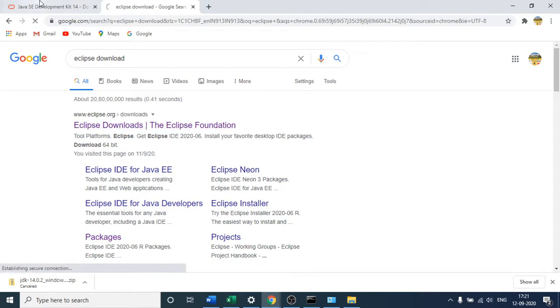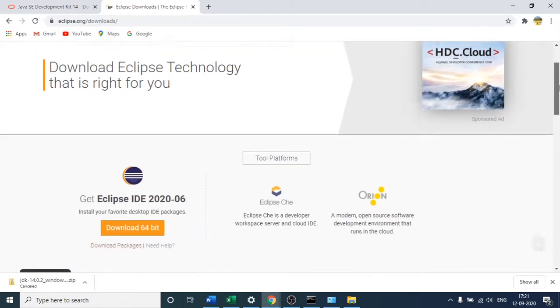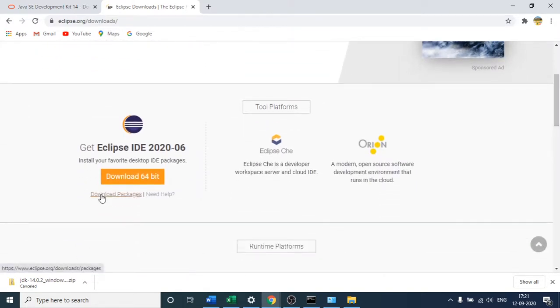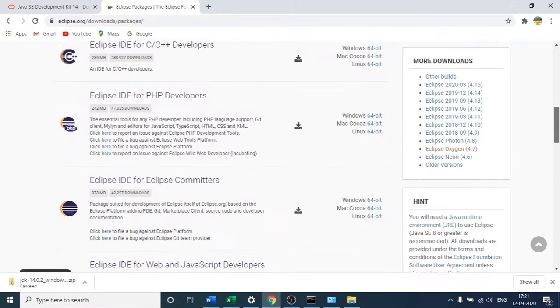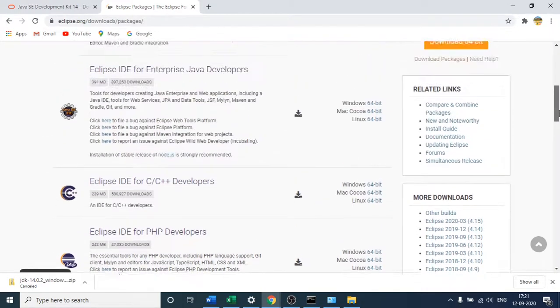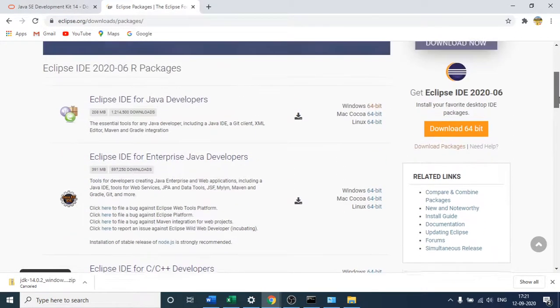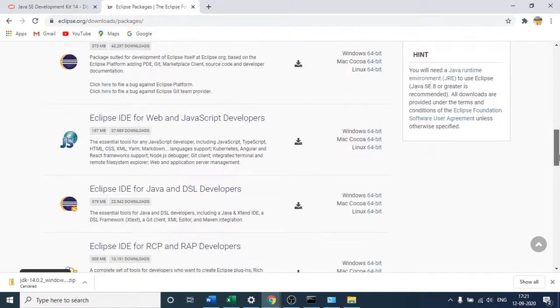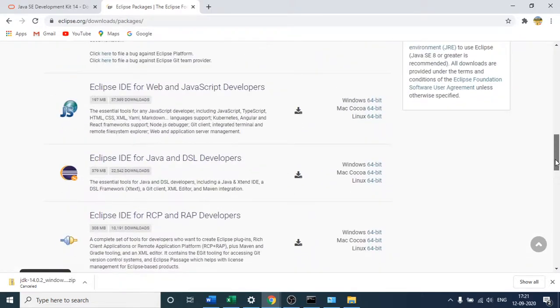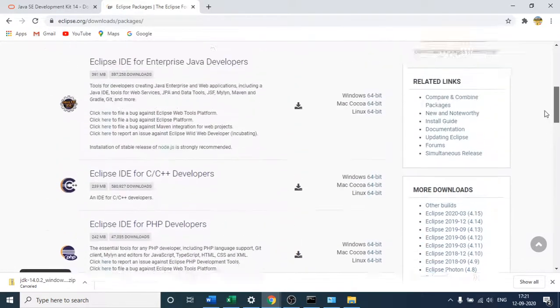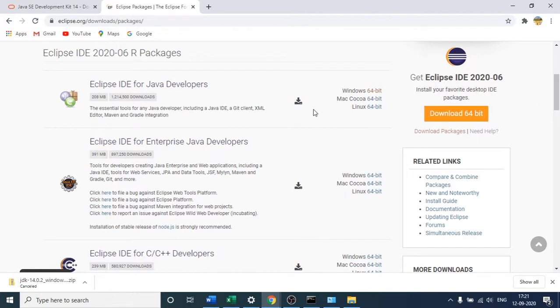If you do not have Eclipse in your system as well, just go to this website, and click here, download packages. After you download the package, you have to download Eclipse IDE for this one, you can see.